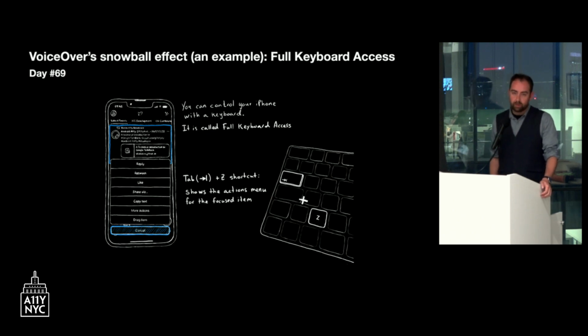Then the same happens with the keyboard. You can go from one element to the other. If tweets are an accessibility element, then a single interaction is going to bring you to the next tweet instead of having to go through every single element inside the tweet. And there's a command, the Tab Z shortcut, that is going to open a menu with all the actions. So again, by grouping things together and using custom actions, the experience is improved for keyboard users as well.